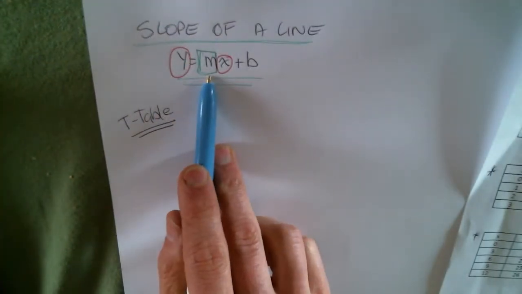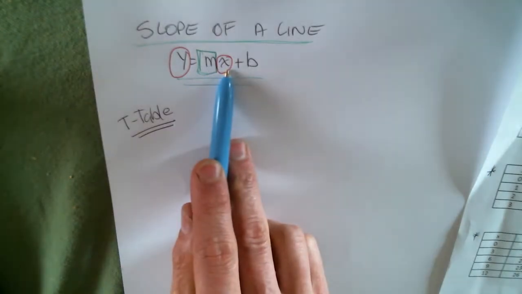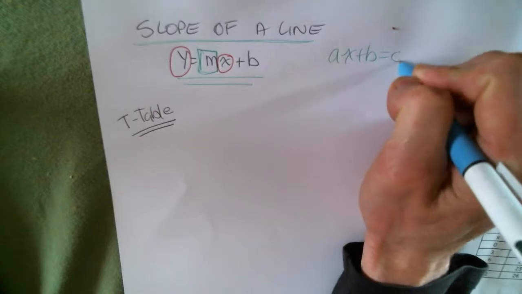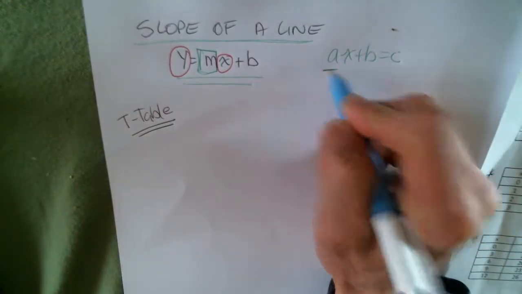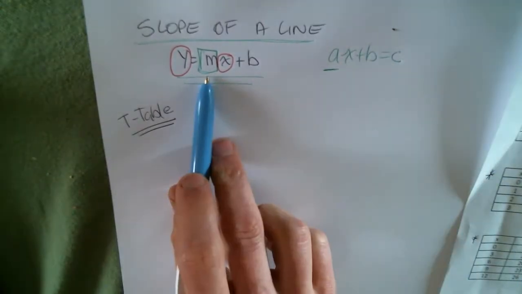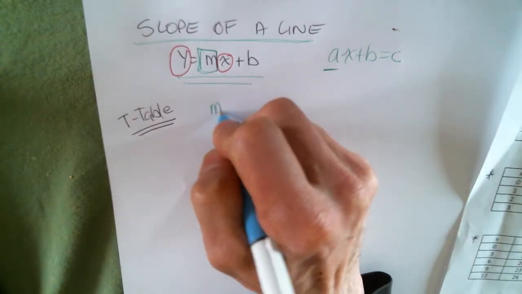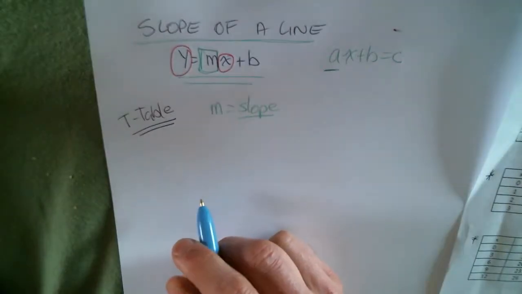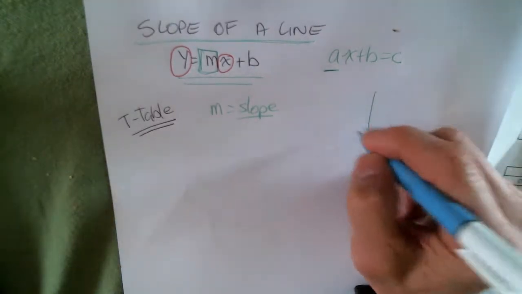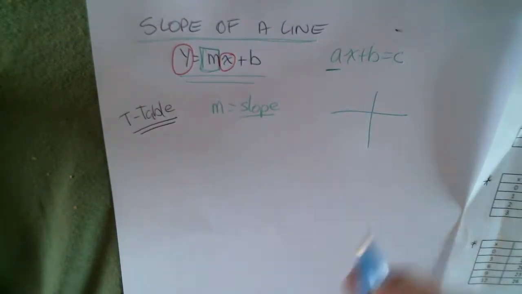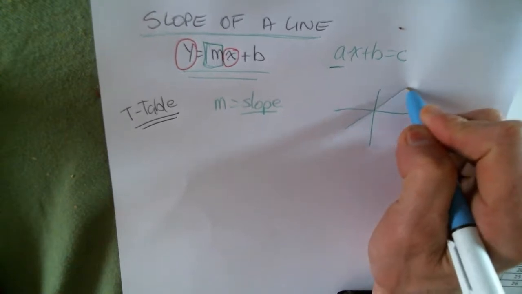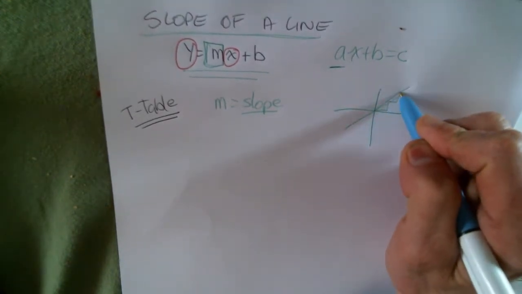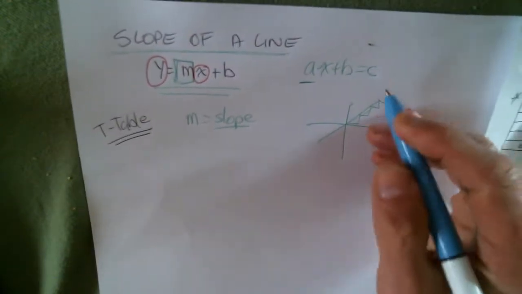Now, m is actually a coefficient on x. So in our algebra, we have ax plus b equals c. You see how the a was the coefficient on x? That's what m is. M equals slope. That's the slope of the line. So on my graph, here's my graph. If we have a line that goes straight up, 1 over 1 up, like a staircase, okay, that is a